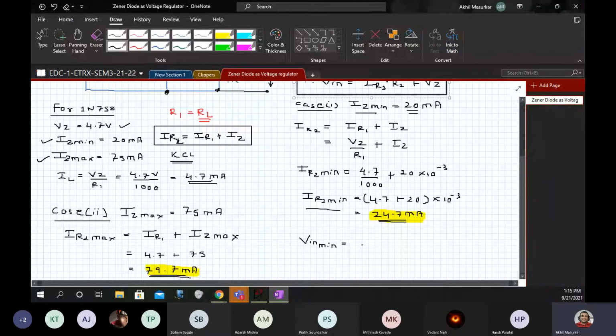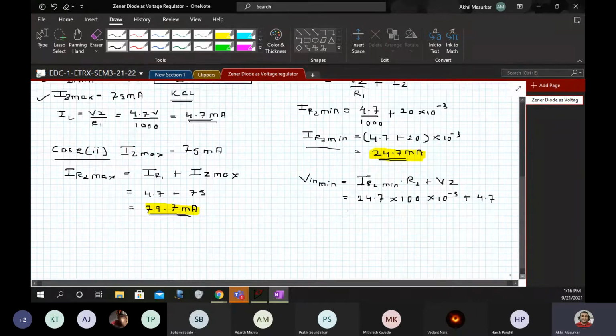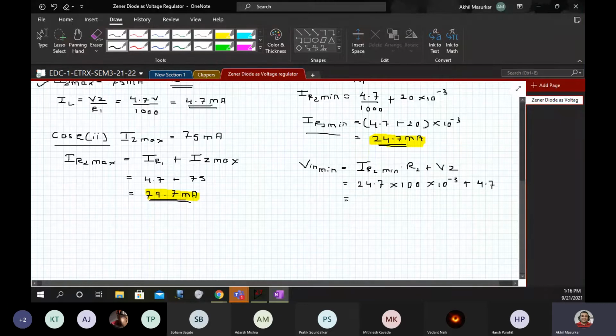So V in min will be IR2 min into R2 plus Vz, which is 24.7 into 100 into 10 raised to minus 3 plus 4.7. Can somebody quickly calculate and tell me this value? According to me, it should be 7.17.